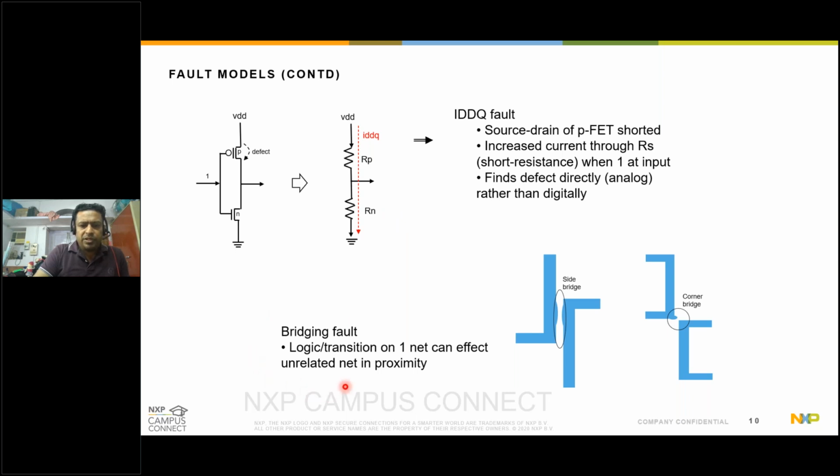Another kind of fault model is a bridge fault. These kinds of faults are introduced because of the proximity of the nets. Due to some deformation in the tracks, the spacing between these two tracks or corners is not adequate, and a transition or logic on one of the nets can impact the logic being seen on another net. This can be due to capacitive coupling and other factors. So a transition on one net will cause a different logic state to be present on another net because of the proximity.